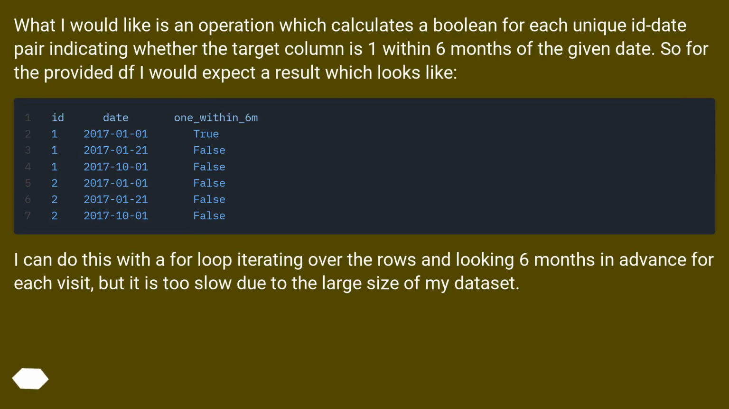What I would like is an operation which calculates a boolean for each unique date pair indicating whether the target column is one within 6 months of the given date. So for the provided DF I would expect a result which looks like